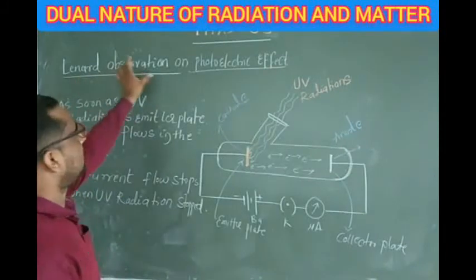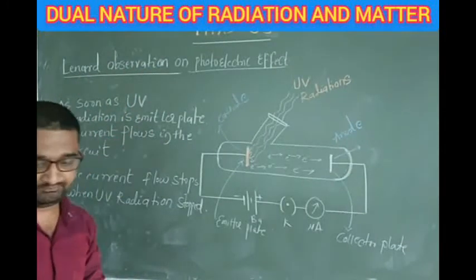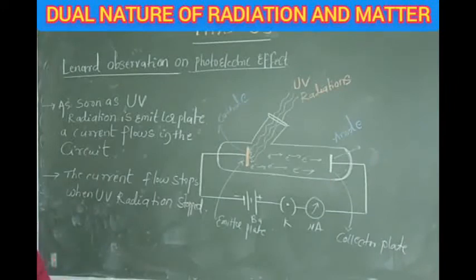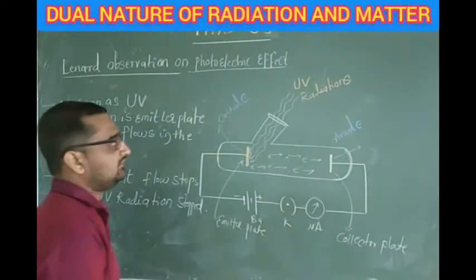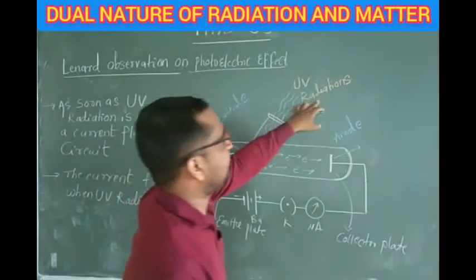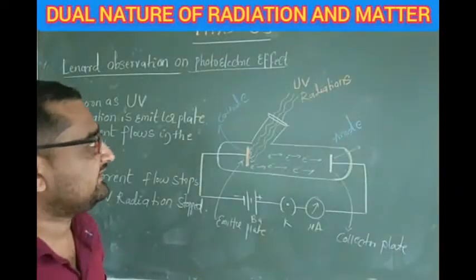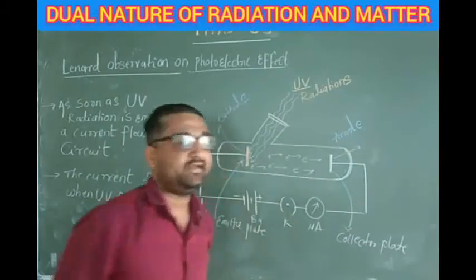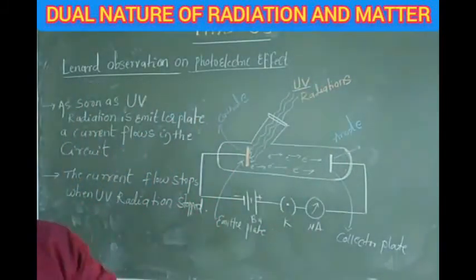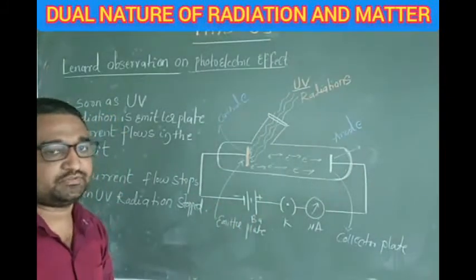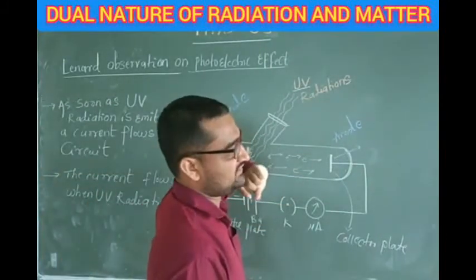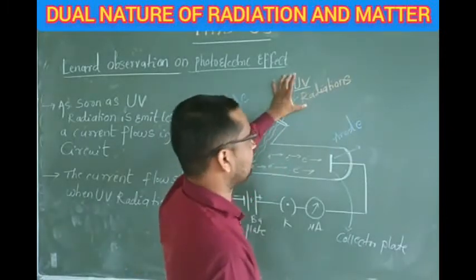Now, what is Lenard's observation on the photoelectric effect? So, among the electromagnetic radiations, what is chosen? UV radiations. What is the observation made by him? It is what? When ultraviolet radiations are allowed to fall on the emitter plate, a current flows in the external circuit. He used ultraviolet radiations. That is Lenard's observation. He used only ultraviolet radiations